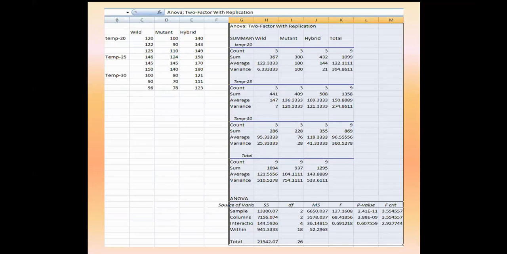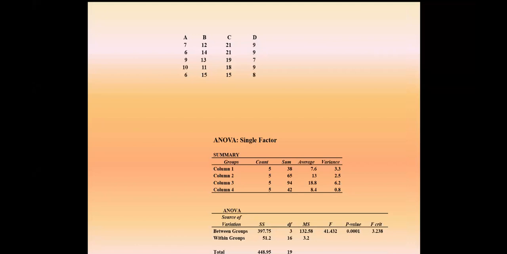It means temperature and the mutant types or wild types, the stock and environmental conditions, show interaction. We find that yes, a significant difference exists for the number of eggs laid by the different types of stock as well as the temperature that influences. So you can do it in the case of replication also. This is one particular case which I have just put over here.